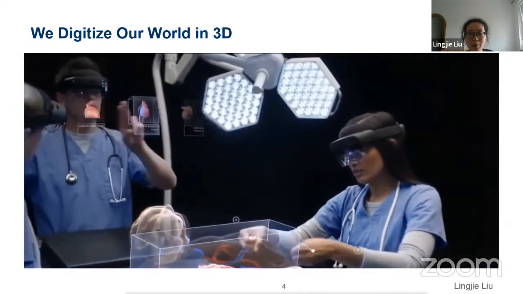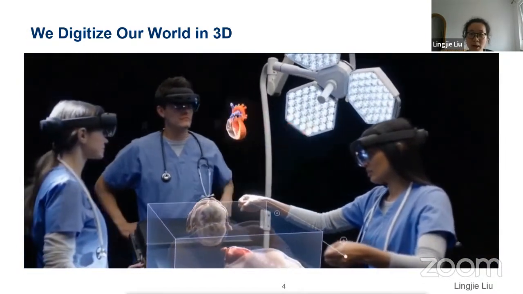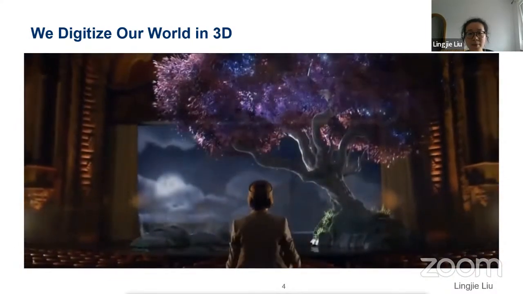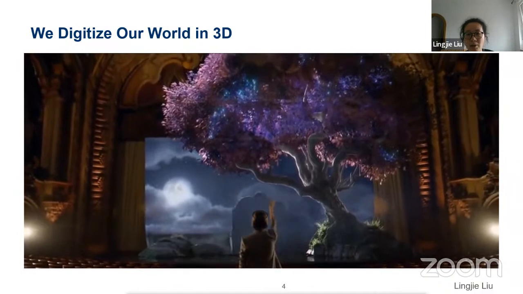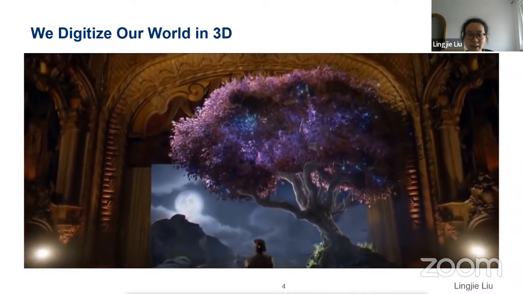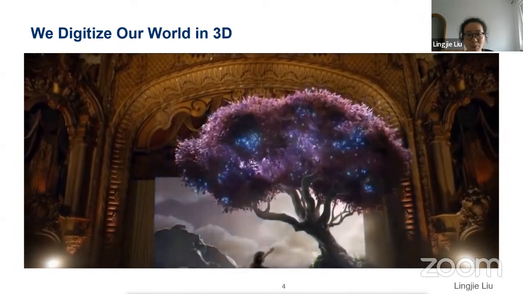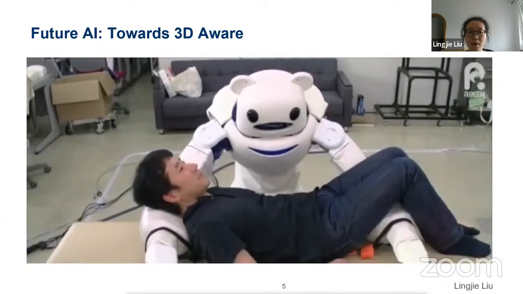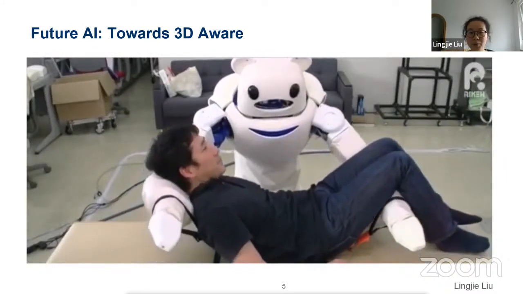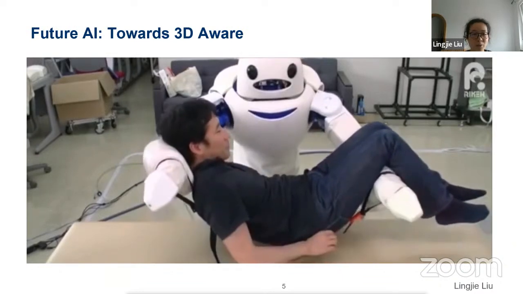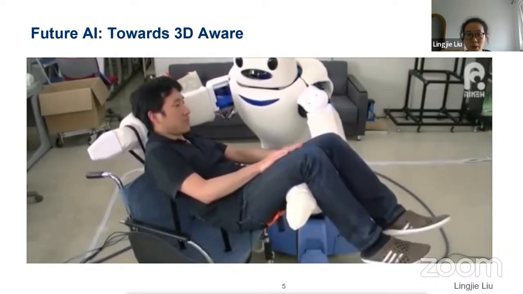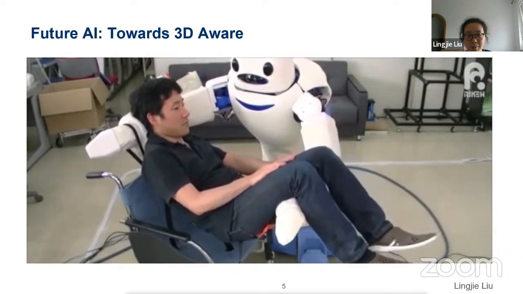For example, to help surgeons observe and make decisions during operations. And 3D representations also allow us to interact with and edit real-world things at our will. Also, future artificial intelligence should have the capability to understand and interact with the 3D world for better behaving and helping people.